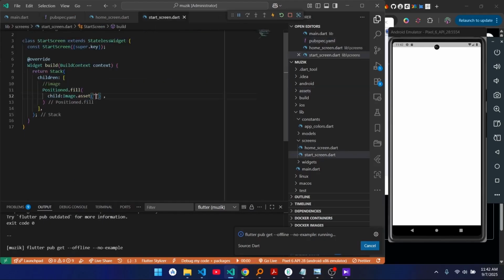So inside the start screen, we're going to say assets. Then you have to make sure you're using the name of the folder that you had put in the root of your project. So assets. Then we say forward slash. Okay, forward slash. Then when we go here,